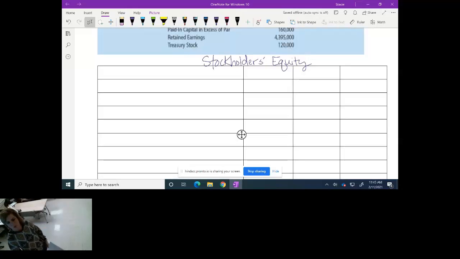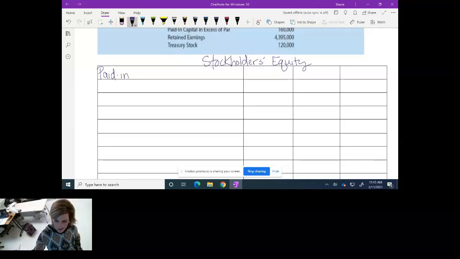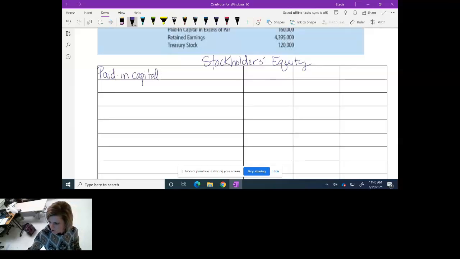The first thing we're going to report is paid in capital. One thing that this does is show you what is included. At the first of the chapter, when you're reading and it tells you what all is part of paid in capital, that doesn't stick. You've never heard of most of this stuff before. But doing this statement and seeing what's actually part of paid in capital will help it stick a little better, I think. All right, so our paid in capital is made up of common stock,